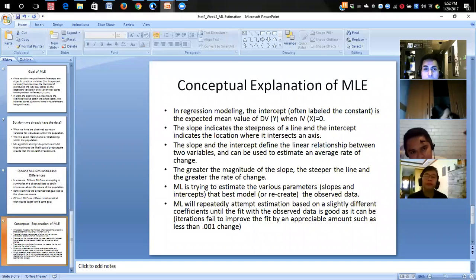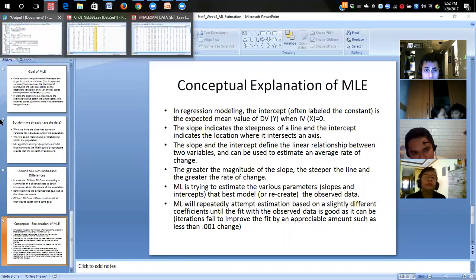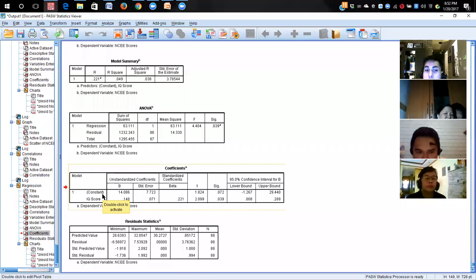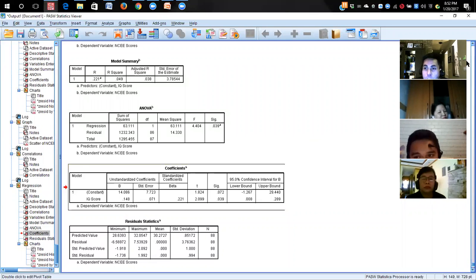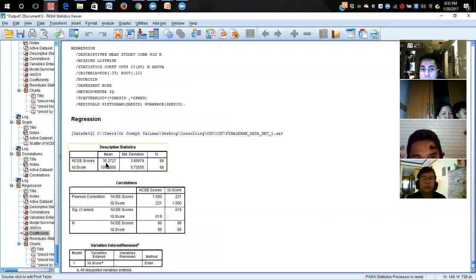So what this means is that if my IQ is 0, I could expect, that's the predictive power of the independent variable, I will get an NCEE score of 14. And the mean NCEE score that we got was 30.27. So it tells you that if your IQ is 0, you're only going to get 14 of the